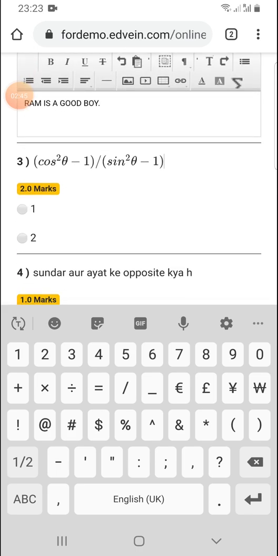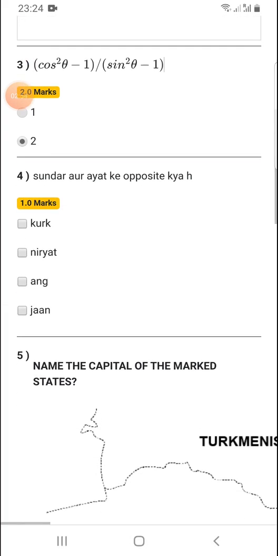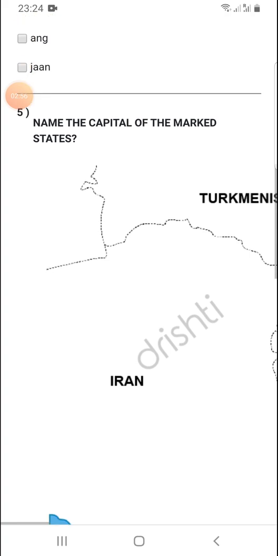So this is also the way you can write your answer. Now suppose you are going to your third question, which is a mathematical calculation. So you do your calculations on a piece of paper. Whatever result comes, you need to select the answer accordingly. The next question you see, you just select the answer.